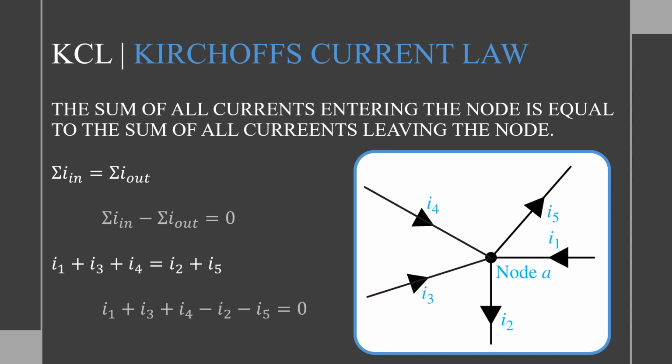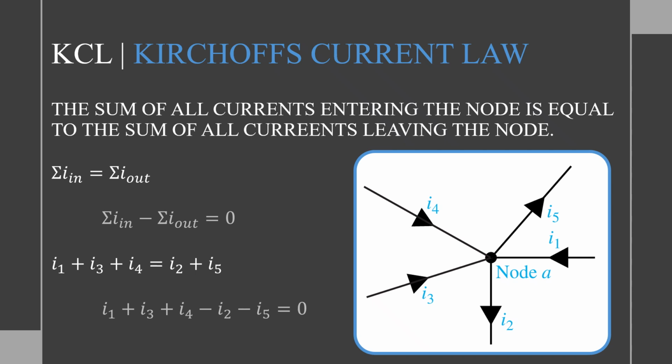Now, to apply Kirchhoff's current law, we'll first identify all the currents either entering the node or exiting. For entering, in this example, we have currents 1, 3, and 4 all entering. For the currents that are leaving the node, we just have currents 2 and 5,